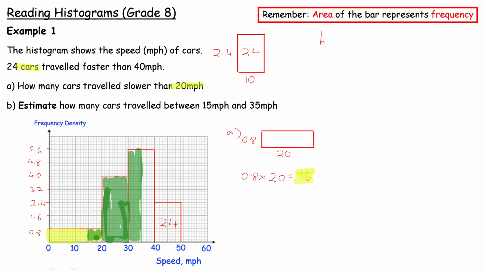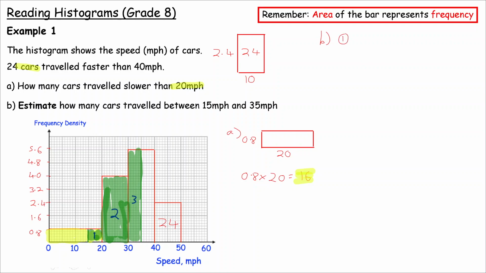Okay, let's go and call these bars. Let's use a different color. Let's call these bars bar 1, bar 2, and bar 3, and let's go and work out the areas of each of those bars respectively. So for bar 1, the smaller one, and if we draw it out,